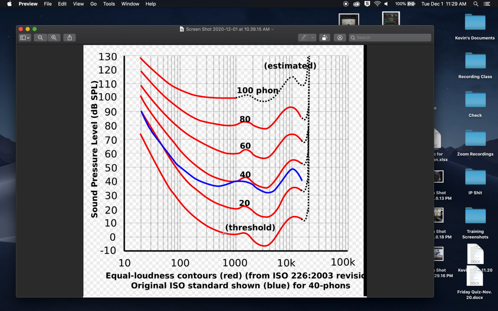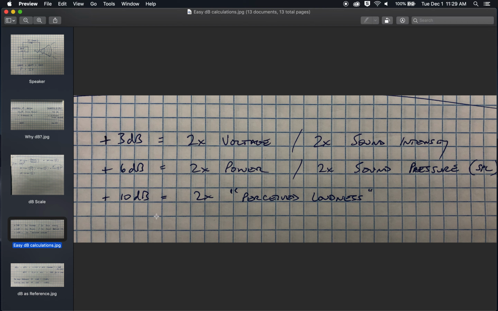So our perceived loudness is frequency dependent, and it takes 10 decibels to perceive something as being twice as loud. And by more math that is not worth getting into, to double the perceived loudness, or to add 10 dB to something, would require a doubling of the power from your amplifier. So if your amplifier is producing 100 watts, in order to double that, you're now having to provide 200 watts from your amplifier. Anyway,